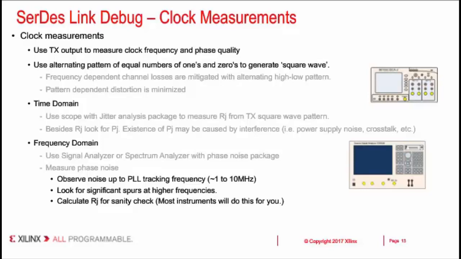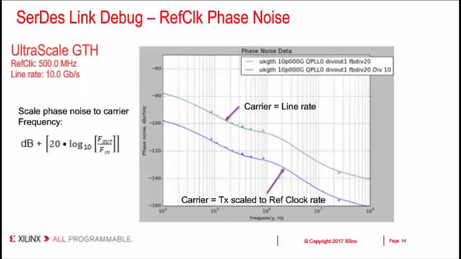phase noise measurements, we get some carrier frequency. In this case for this phase noise, it's a 10 gigabit per second signal, and so the carrier is actually 5 gigahertz, and you can scale that carrier back down to the reference clock rate, because the PLL is going to be multiplying the reference clock up to the output line rate. And you use the